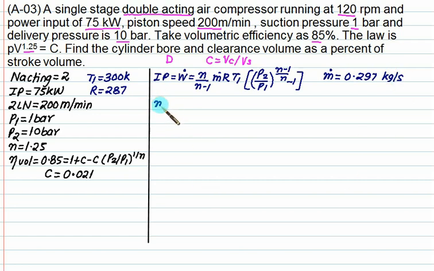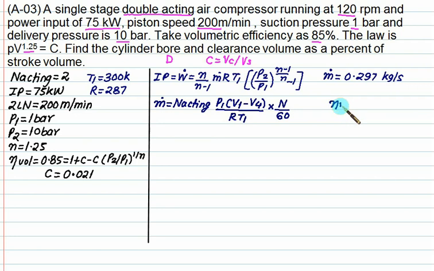Once we know the value of m dot, we'll try to calculate the value of V1 minus V4, that is the actual capacity. So we will be using the equation m dot equal to number of acting, whether single acting or double acting. So this time it is double acting, is P1 into (V1 minus V4) upon R into T1 multiplied by n by 60, which takes care of per second. So m dot is 0.297, that you can keep. N is the speed,